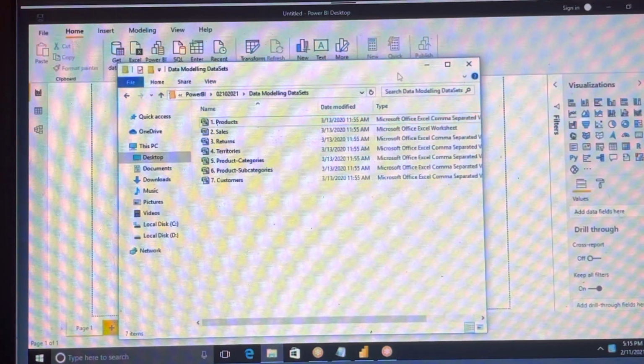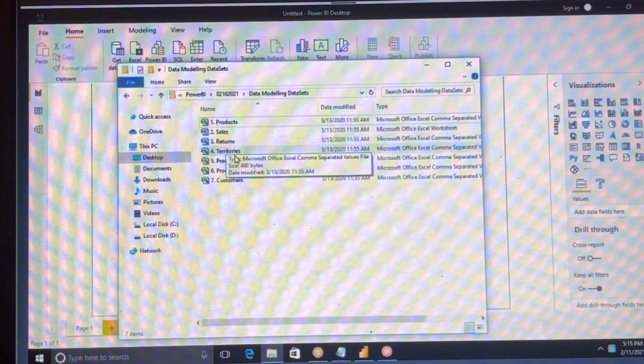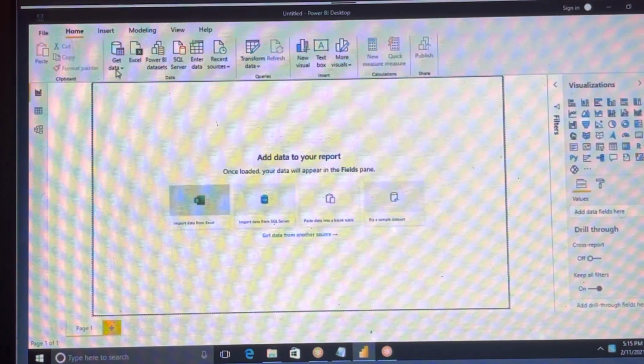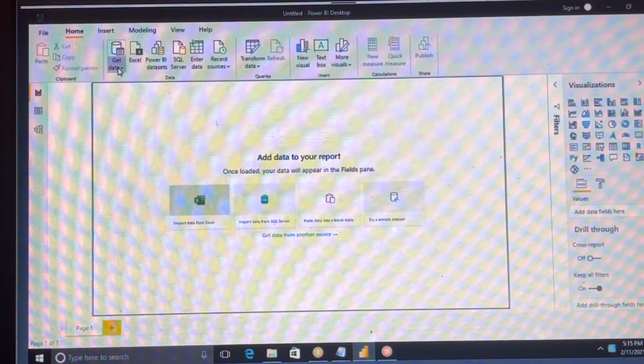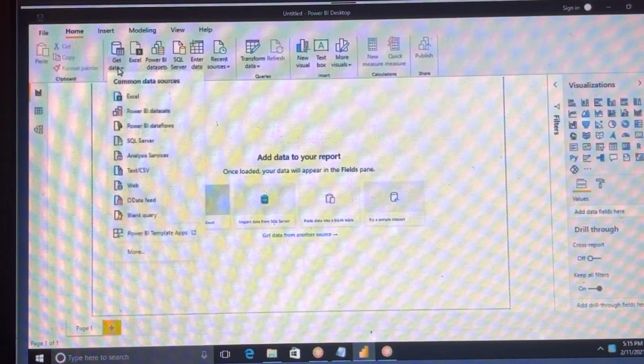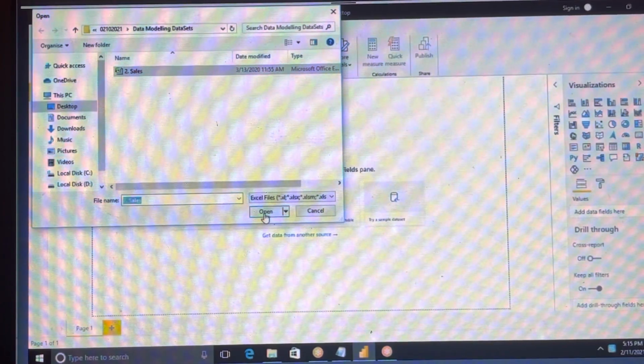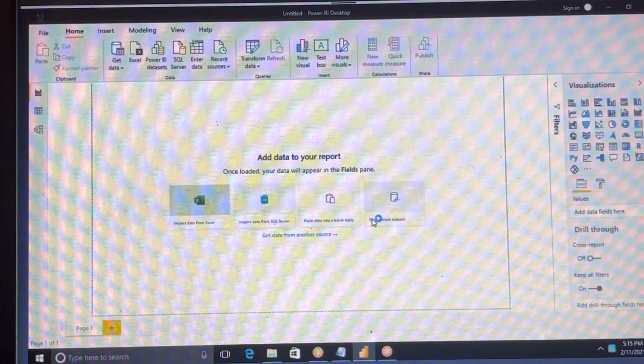We have here a CSV file and Excel and what more things there. Let me bring those files into Power BI. Sales.